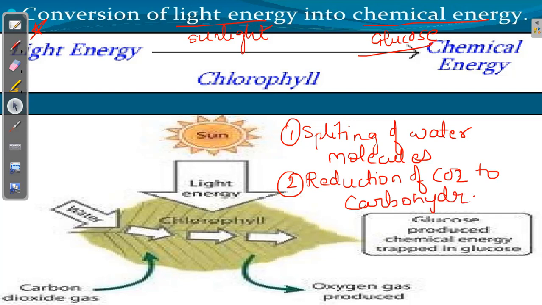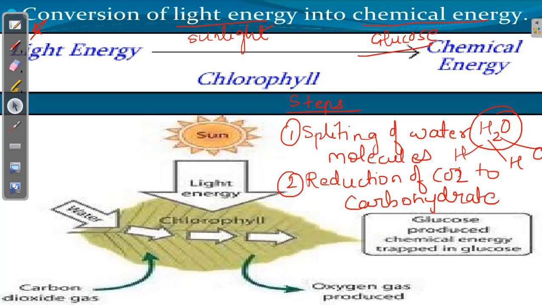Now, if I elaborate this a bit, please remember these are the important steps which take place in the process of photosynthesis. Splitting of water molecules: what happens when the light energy is absorbed by the chlorophyll? The first thing that energy does is split the water molecule. So a water molecule is 2 hydrogen atoms and 1 oxygen atom, and it will break down into hydrogen, hydrogen and oxygen. So that light energy will split the water molecule into 2 hydrogen atoms and 1